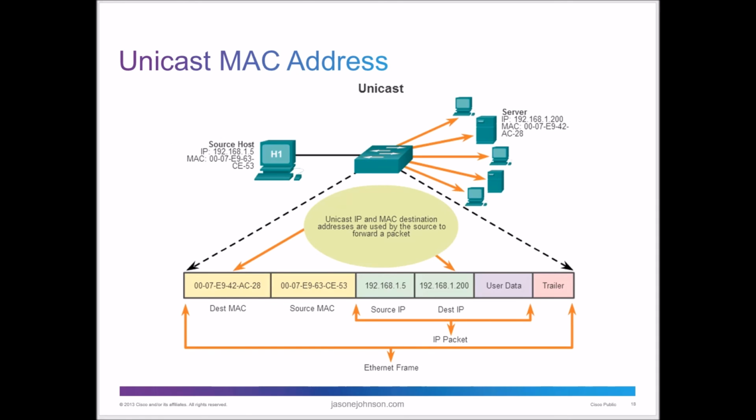So, how the MAC address works with either unicast, broadcast, or multicast. In a unicast, it's going to send it out and say, here's my source, here's my destination. If it belongs to that server, it says, okay, that does belong to me, so I'm going to go ahead and accept it. I'm going to read the rest of the information, the IP information, and the data, and it's going to go through.